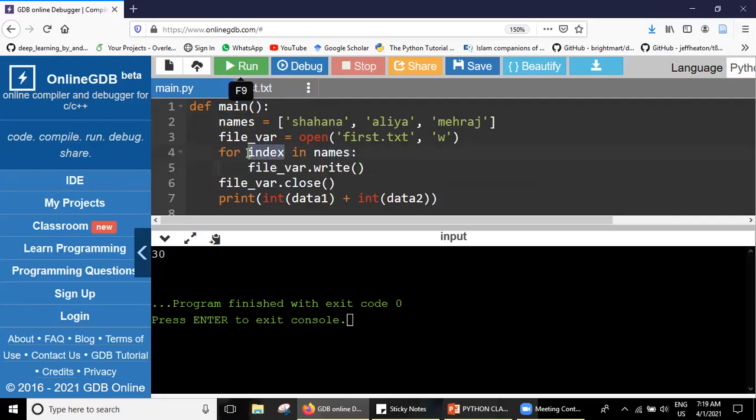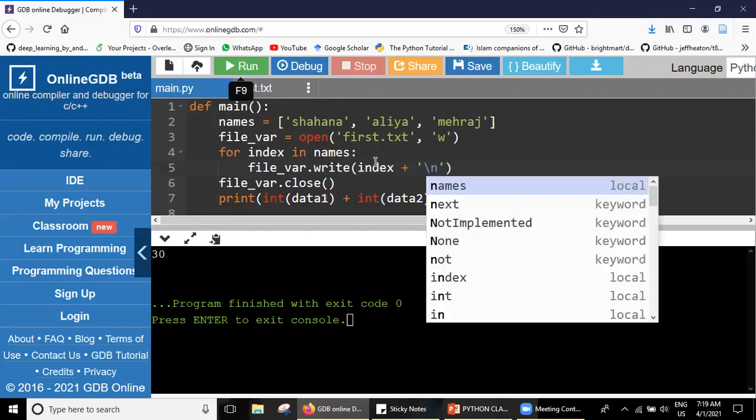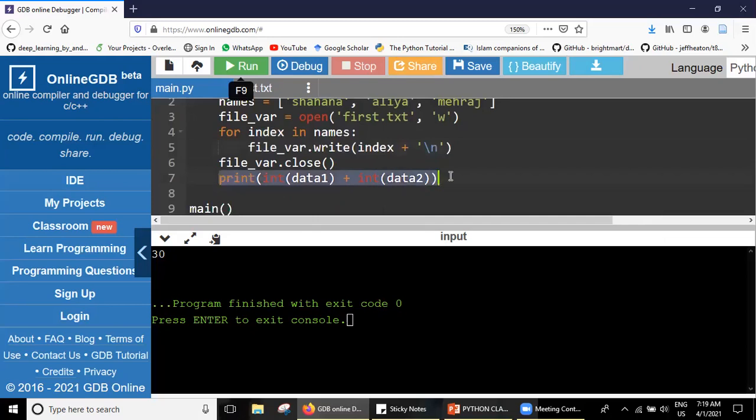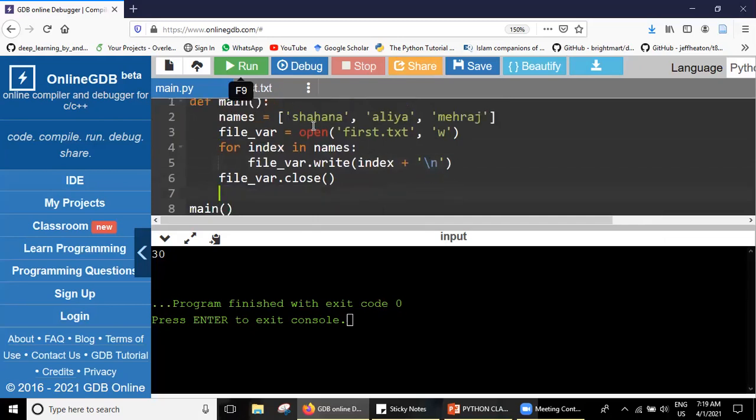Because I'm taking the index as each element from the list names, so I'll go with the index. And each time I say please also keep a slash n. I mean to say please write it in the next lines. Write all the things in the next line each time.